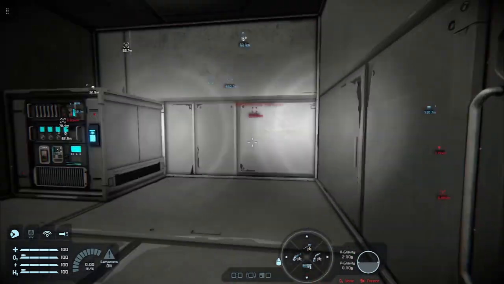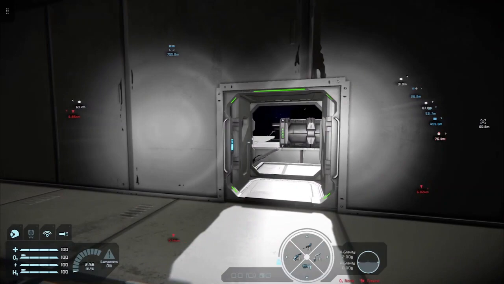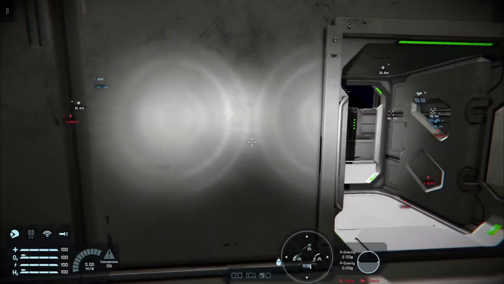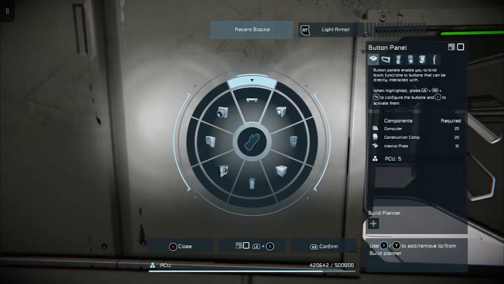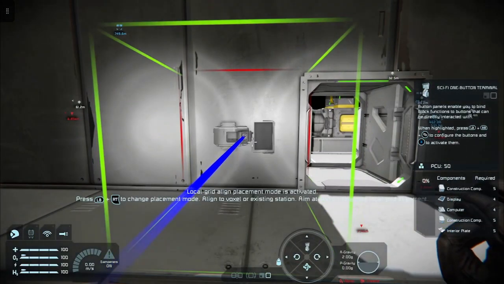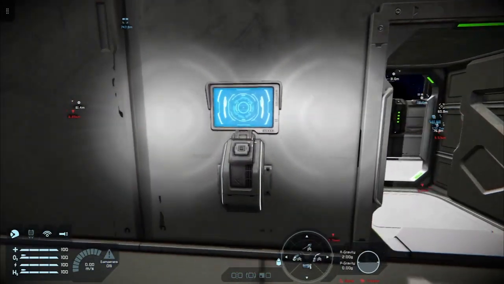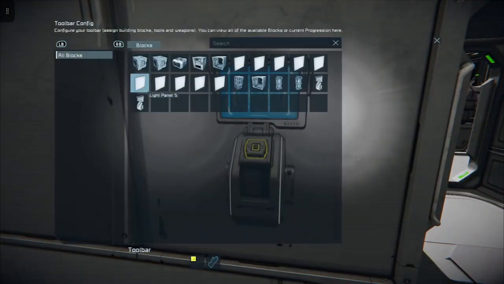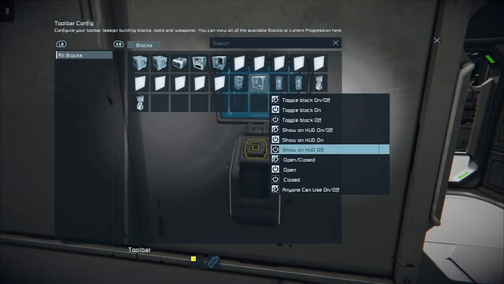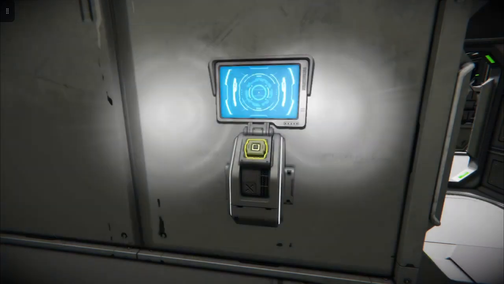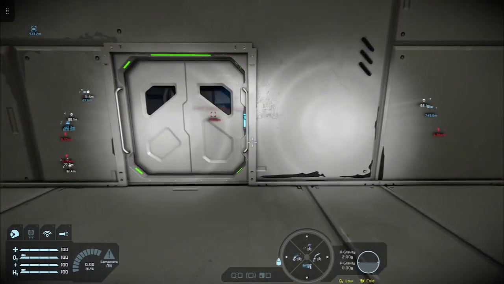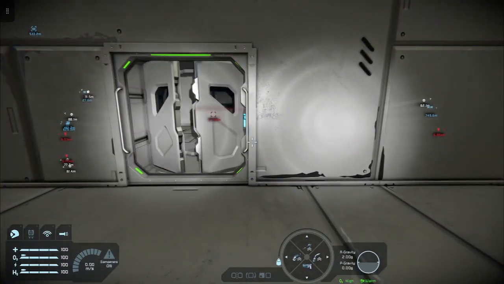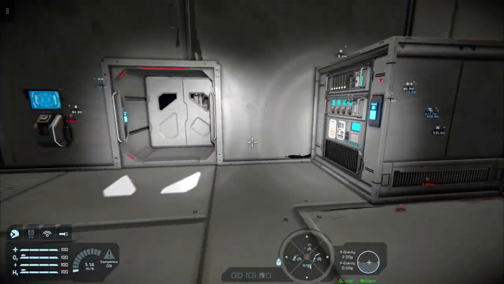So now we're going to rinse and repeat. Pop our button panel. This time we're going to choose our outer door. And we're going to choose open, closed. And now it's going to pop this door. Like so.